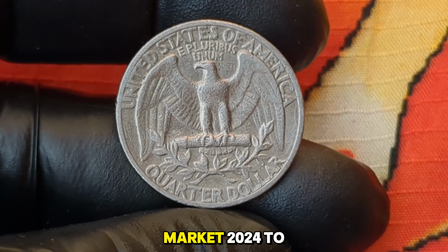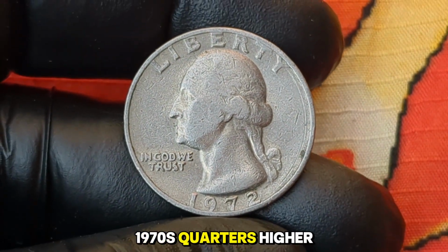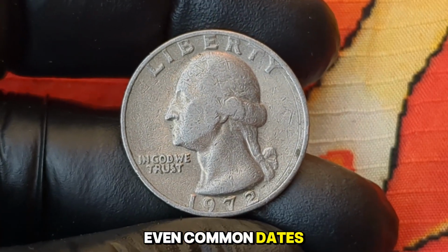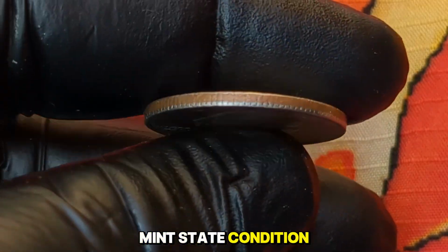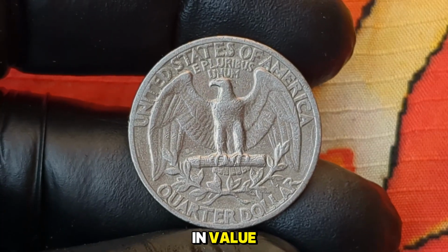The modern coin market, 2024 to 2025, has strong interest in 1960s and 1970s quarters, higher grade circulated coins, pre-state quarter designs, and error coins because of this trend. Even common dates like 1972 rise in value when found in extra fine or mint state condition. Current trend summary: XF grade coins, stable premium. MS grade coins, increasing in value. Error coins,